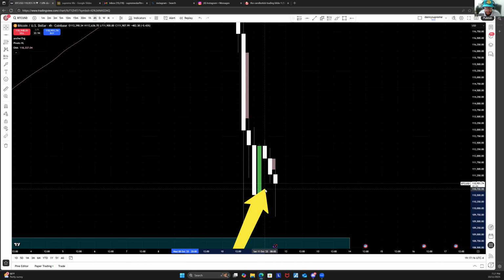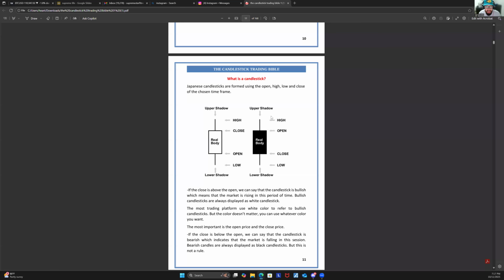Well, how do I know that, Danny? Once again, when you go here to the Candlestick Bible, it says the black stands for red, or seller's candle, it opens right here. It tells you. And then it also tells you when the candle is done, the bottom of the body, wherever is the square shape, however it looks, it closes right here. And then it tells you lower shadow, aka a wick, or upper shadow. Well, Danny, what does that mean?